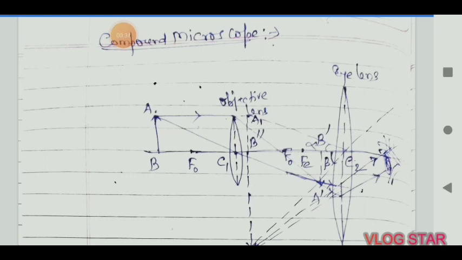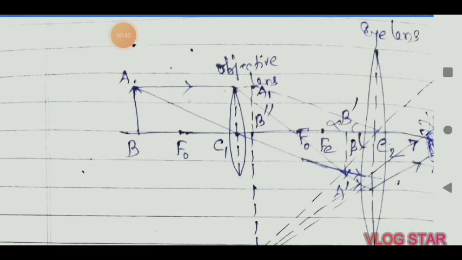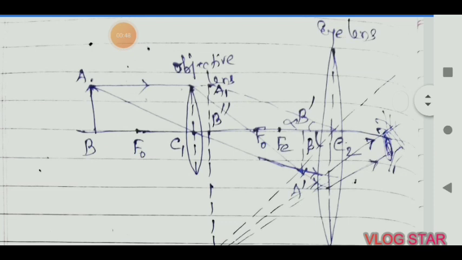Today we will see about the compound microscope. As the name suggests, it is a combination of two convex lenses of suitable focal length. By suitable arrangement, we can magnify objects to a large extent. You can see this one. It consists of two convex lenses. The one facing towards the object AB is called the objective lens, and the lens which is facing towards the eye is called the eye lens or eyepiece. These two lenses are mounted coaxially along the same axis. It can move to and fro.